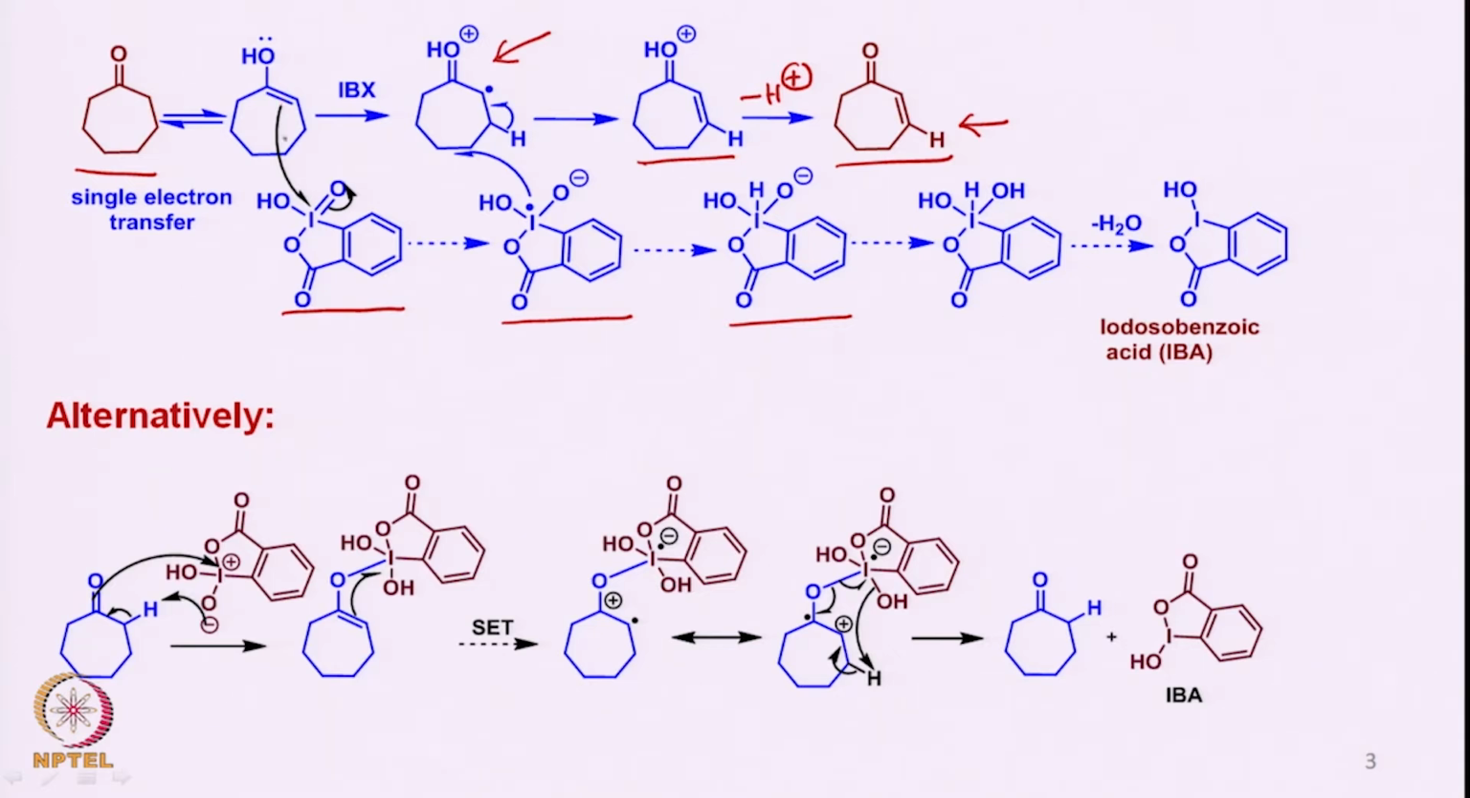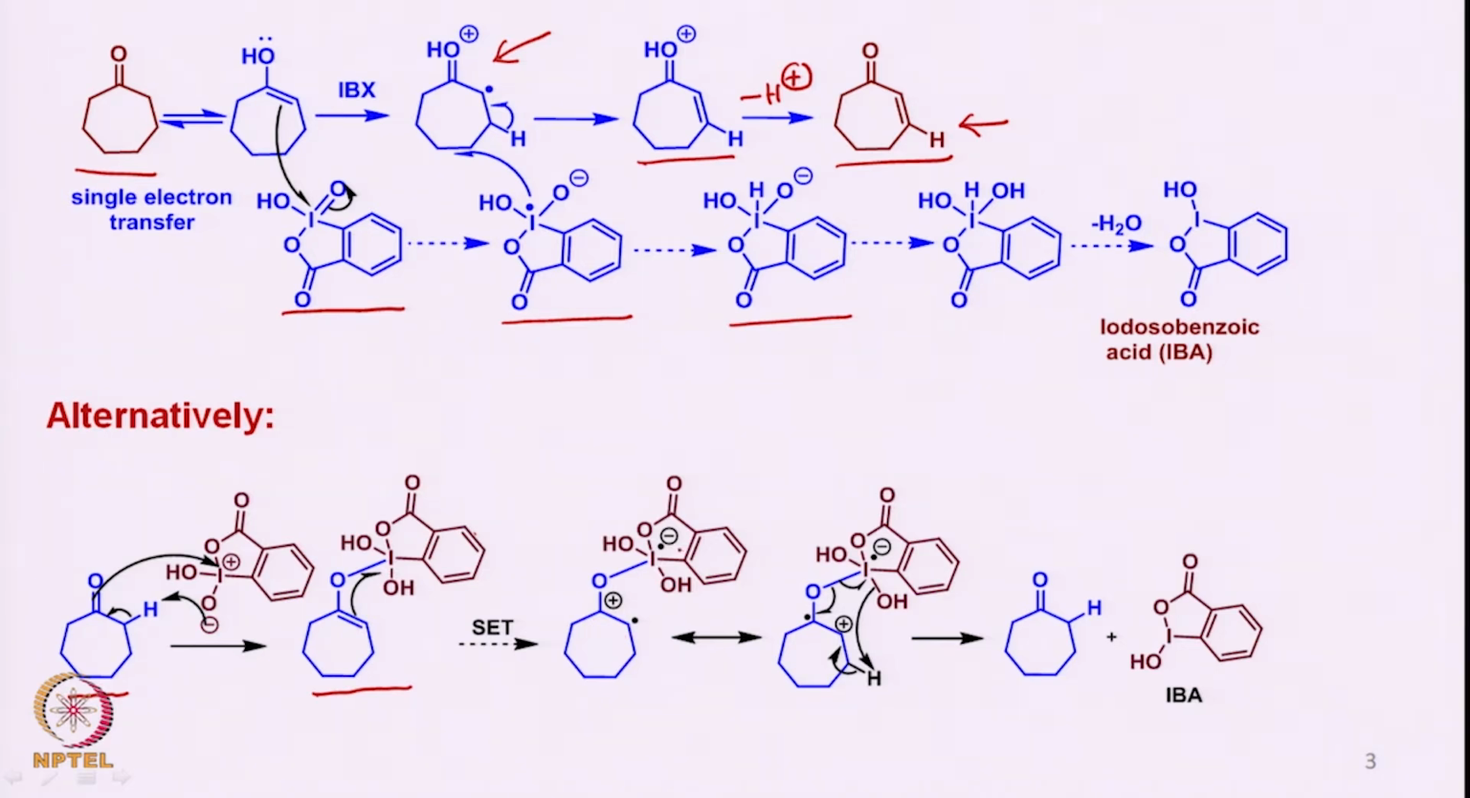Now this transfer of an electron to the IBX can also be alternatively explained, that you have the ketone like this, where the IBX, the negative charge on the oxygen, takes up the proton from here, and then this oxygen attacks onto the iodine, forming this intermediate. Now this brings the double bond in close proximity with the reagent, which is now having a bond between oxygen and iodine. Now you have a single electron transfer from here, double bond to this iodine, forming a radical cation